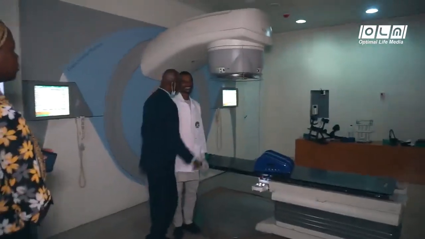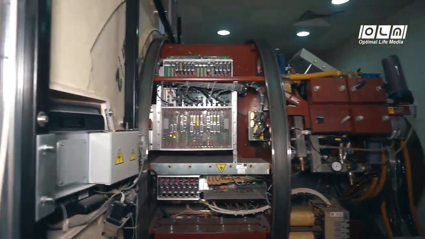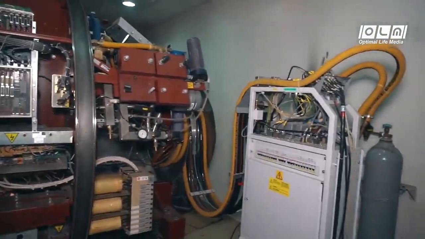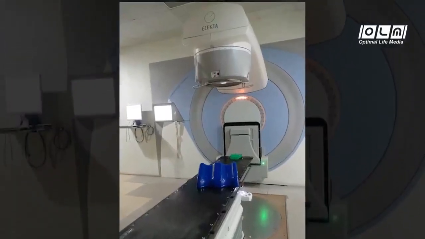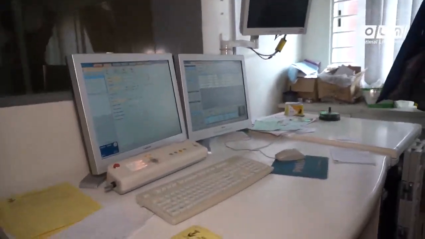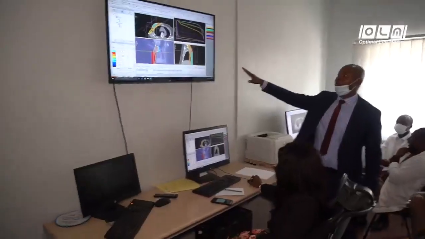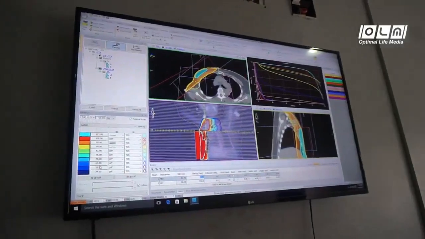For early disease, like a patient that has a breast lump, we can do lumpectomy. The surgeons can remove the lump and do radiotherapy, and that is done. The patient doesn't need chemotherapy. For those who present with locally advanced disease, they may need chemotherapy, in which the disease is downstaged. It reduces in size, then they go through surgery, and then further radiotherapy. So we have radiotherapy, we have chemotherapy, we have surgery, then we have watchful waiting.